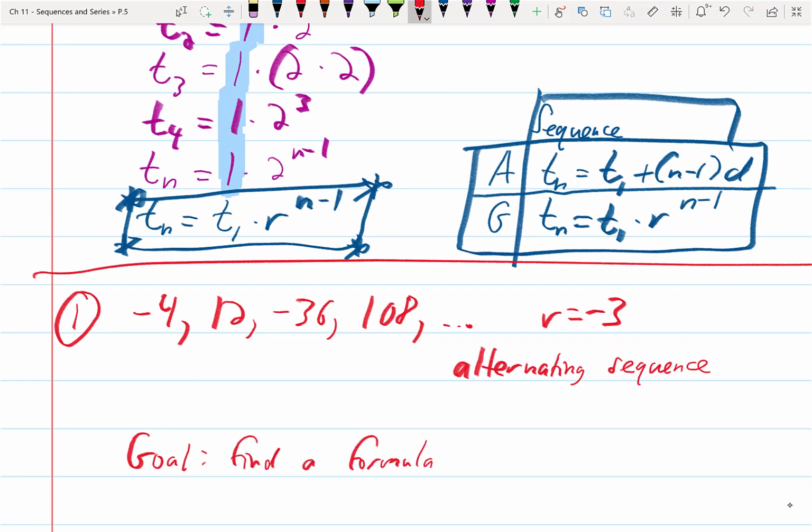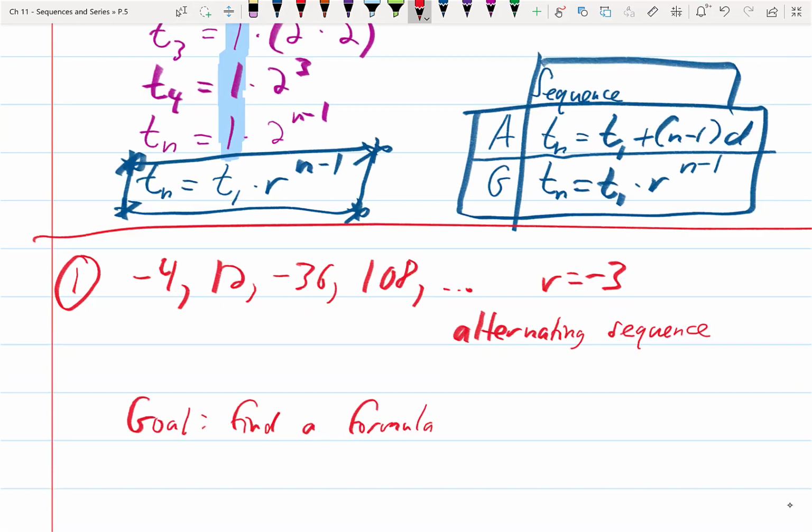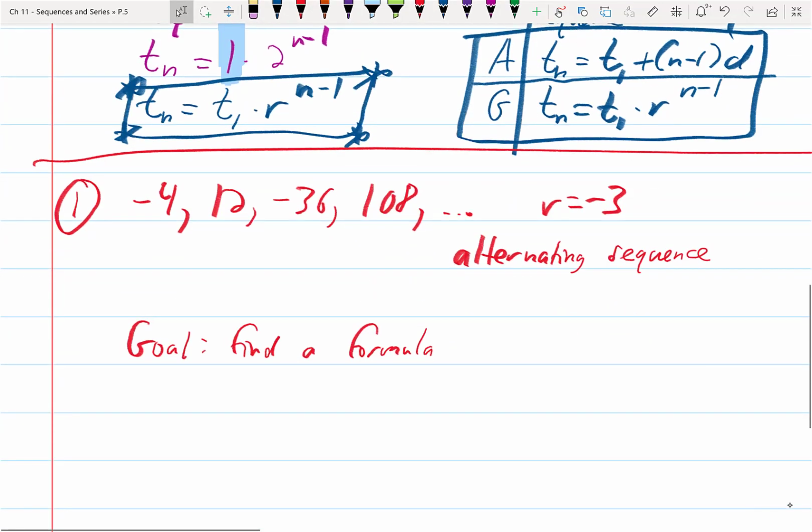So a formula means that I actually want you to find t of n. You won't find what t of n is. You're going to find a formula that inputs n and outputs t of n. And I want to show you all the different forms that your formula can take. Let's start with t of n equals, we need to know what t of 1 is, and that is